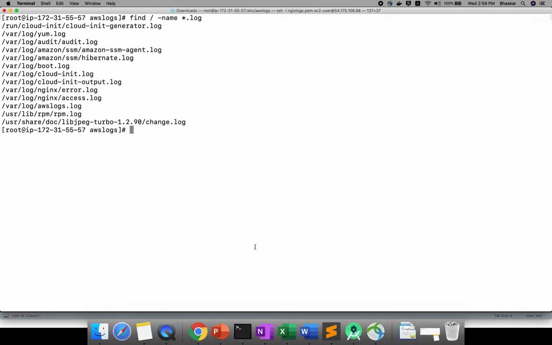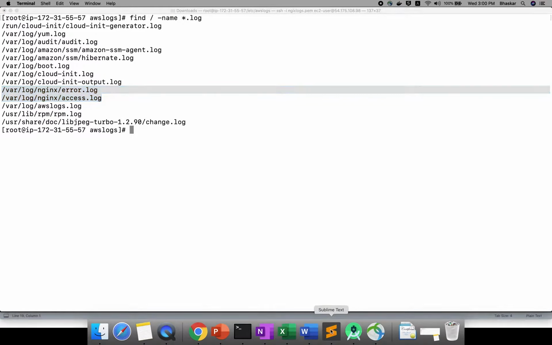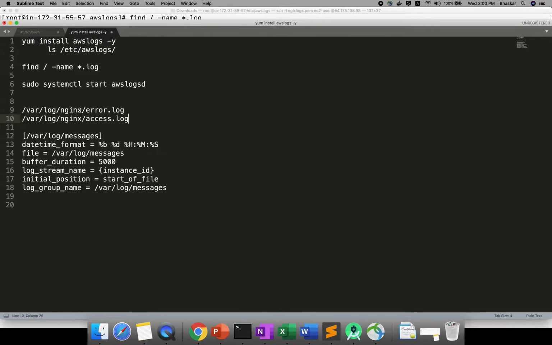If you use this command, you will get all the .log files in the whole EC2 instance. These many logs are running inside your EC2 container. If you see here, there are the Nginx access logs and error logs. Let me copy these two file paths.